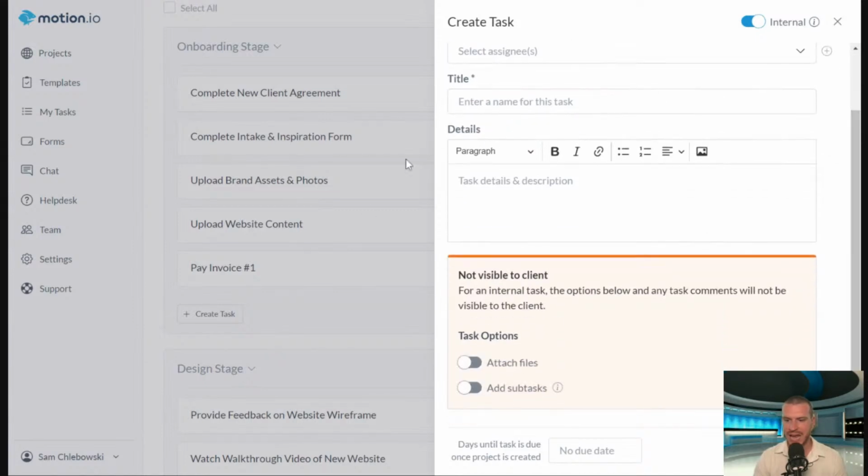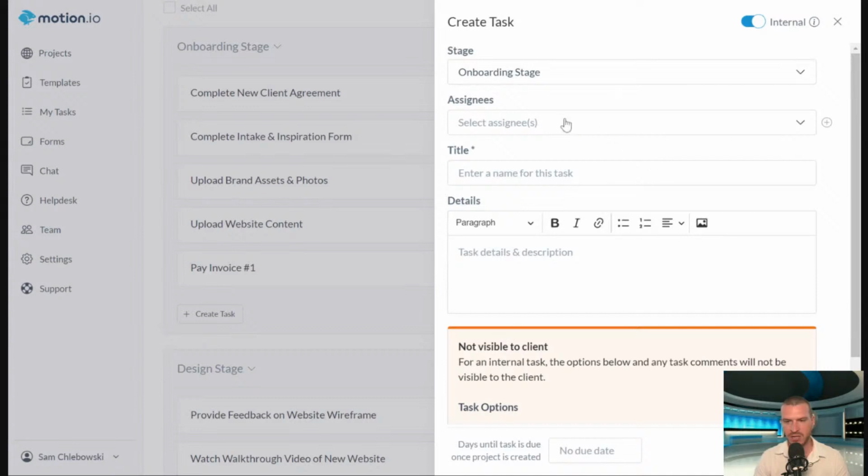You'll see it's the exact same task builder. And then I also promised I was going to circle back to this, is you can create automations associated with your internal tasks. And the reason why I think that this feature is so beneficial and so powerful is what you can do